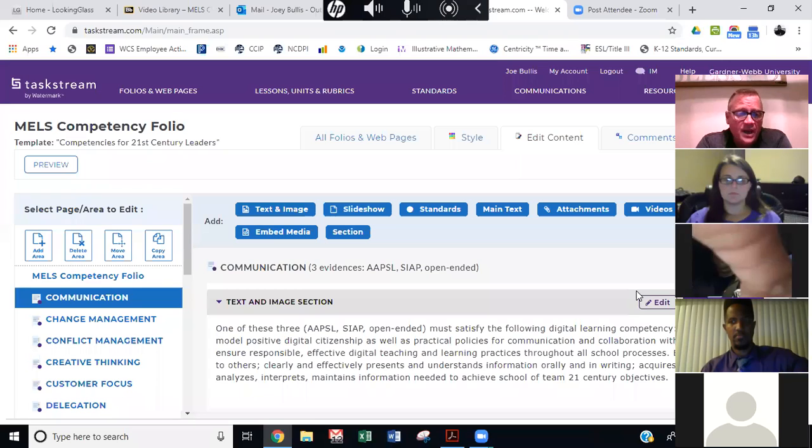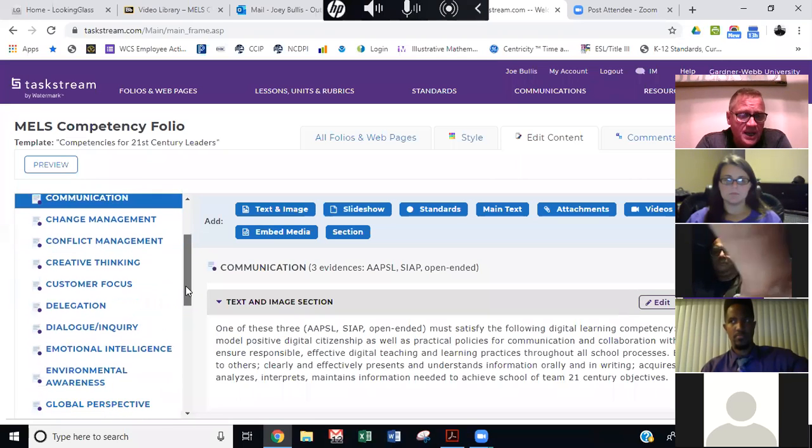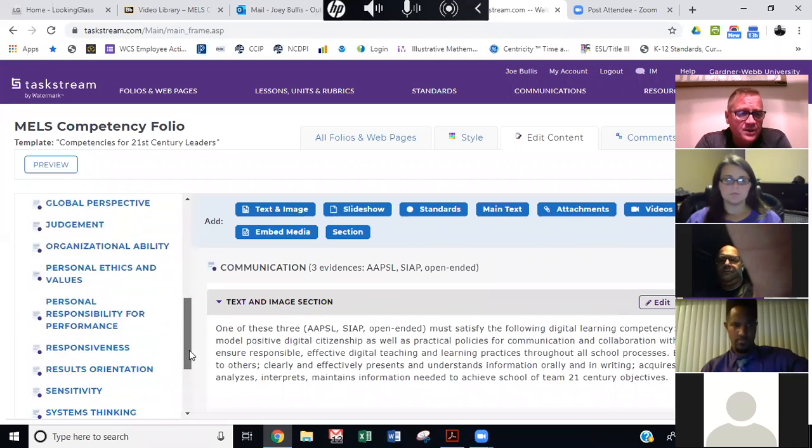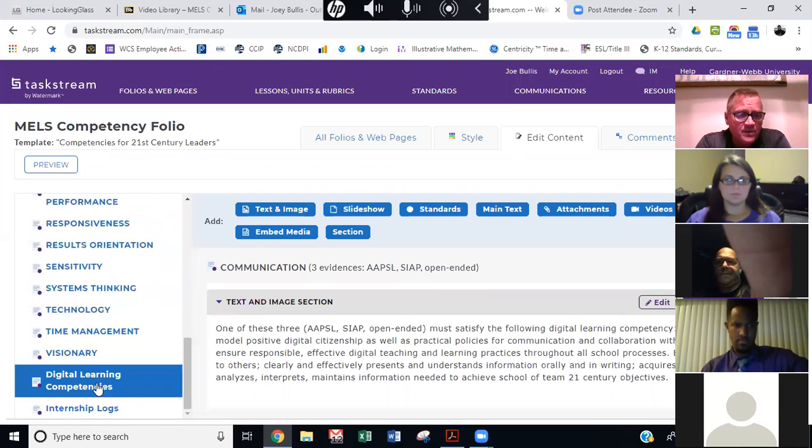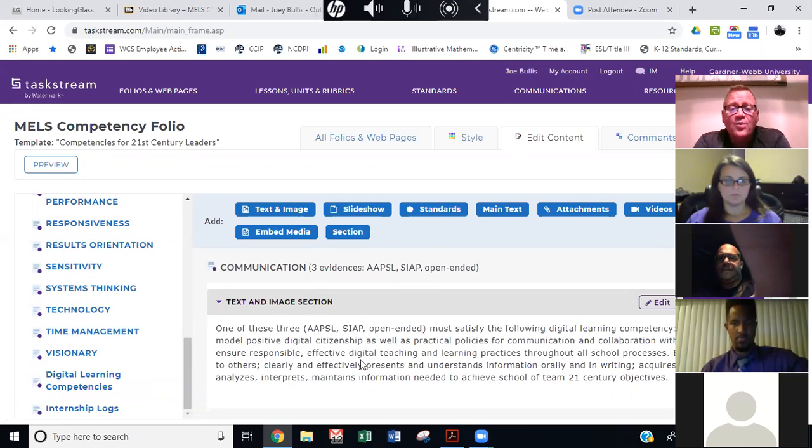Remember, on this you will see, and it's referenced in the Scale Handbook, digital learning competencies, as we talked about last time. You don't have to really do anything with digital learning competencies because it is already embedded by the very nature, just like the graphic organizers, the visuals that you're going to create in task 3.